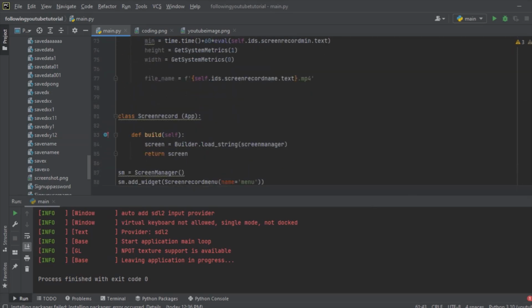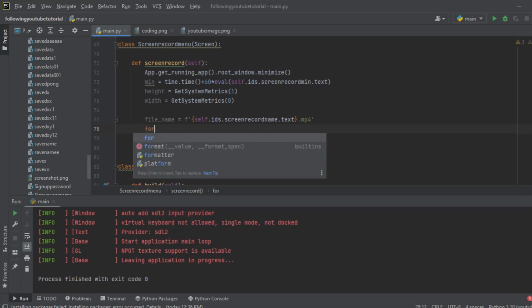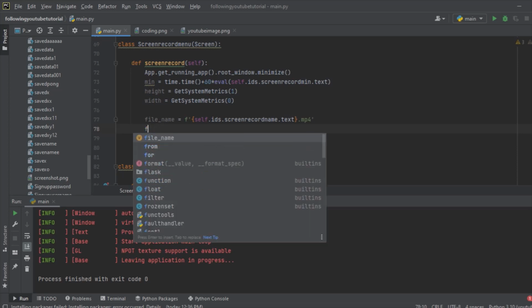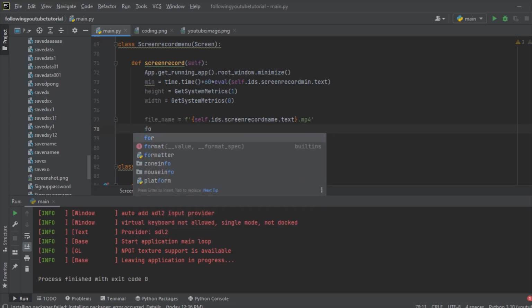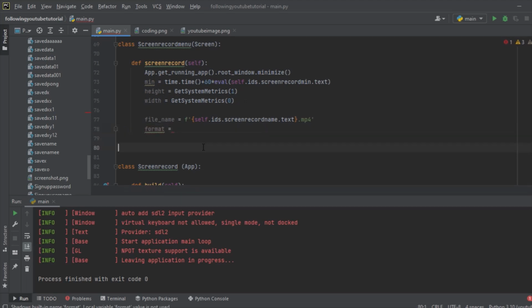So now, from where we stop, after this file name, I'm going to create a variable which is format. I'll just create a variable named format. I don't want to write it like that because if I write it now, it's going to be giving me an issue. But anyway, we can write it like this. The format,